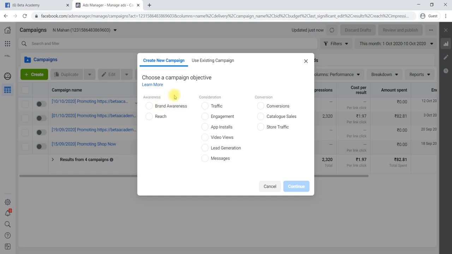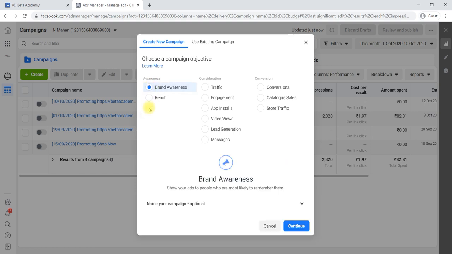First, it is asking what type of campaign you would like to create. I would like to get brand awareness, or I would like to get consideration goals like engagement, video views, lead generation, messages, or conversions. Conversions are where people will directly purchase from your Facebook page itself. I would like to do reach, or brand awareness. Okay, in brand awareness,